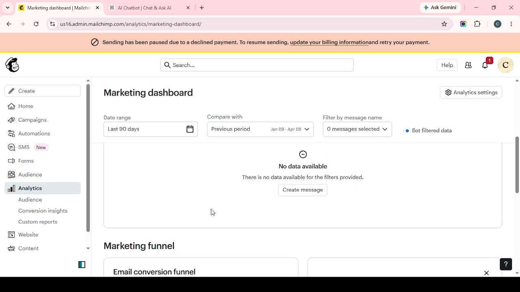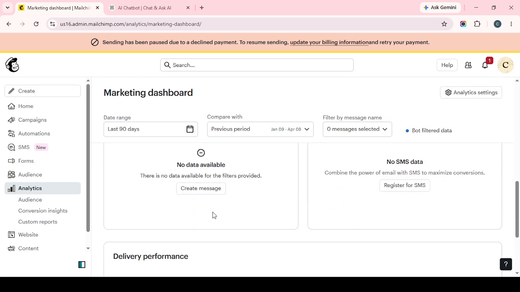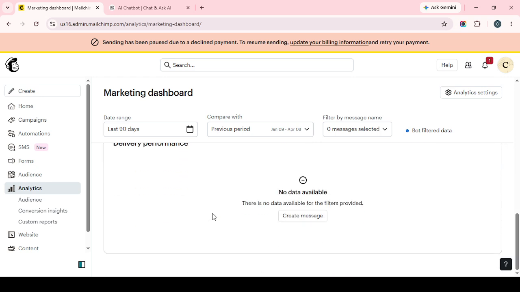Finally, copy the live public signup link or the embed script, depending on the form type you chose. This is what you'll use to publish the form and begin collecting subscriber permission records. If you're sharing a direct hosted form,